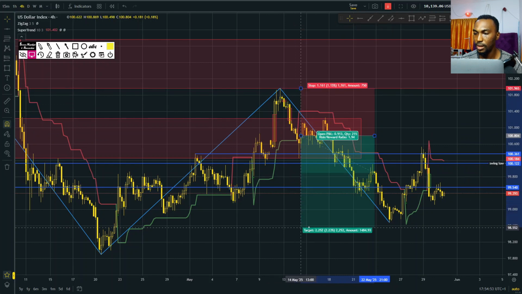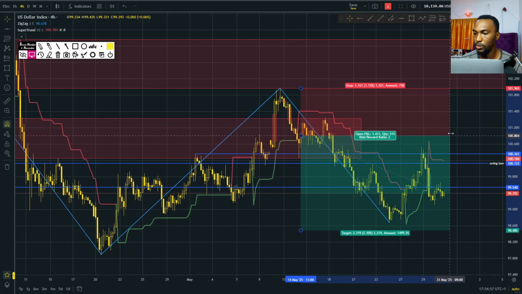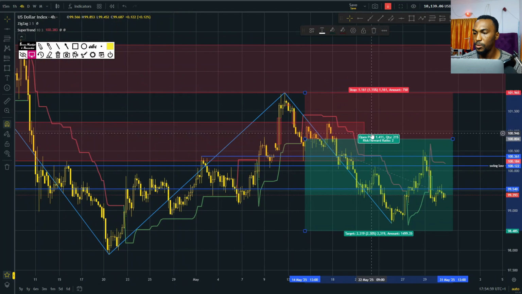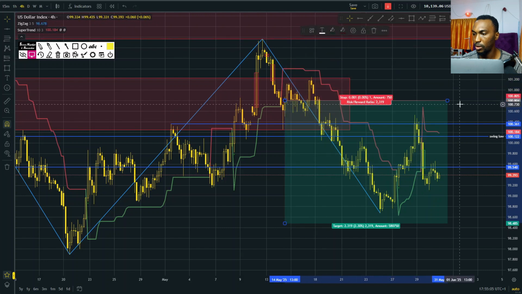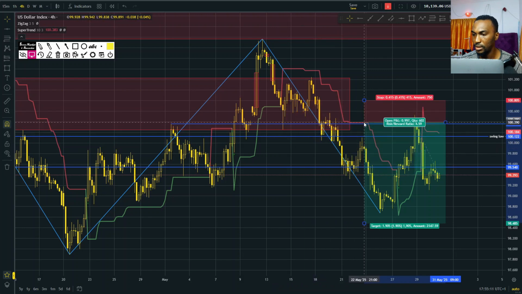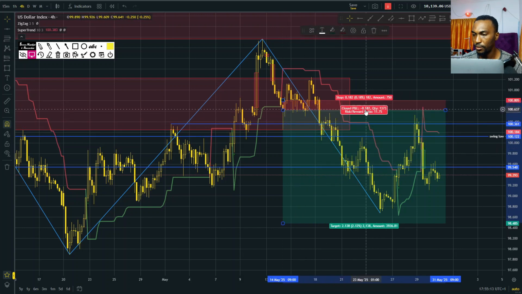Put my stops here and aim for my usual 2 risk to reward ratio. So at this point, I would have been out of this trade, matter of fact, because I would have moved my stop loss long ago. Sorry, I would have moved my stop loss, of course, following this line. I would have followed this line, and that will put my stop loss.